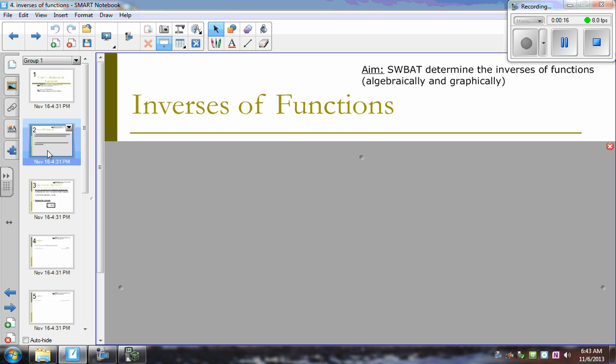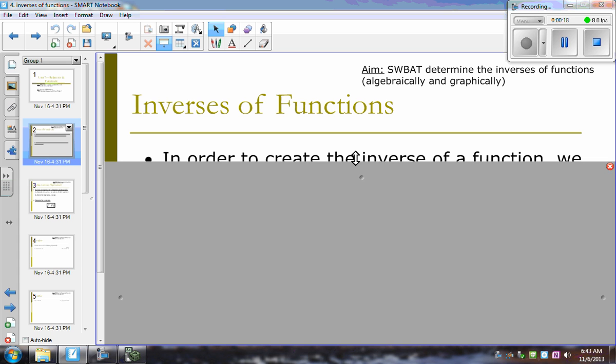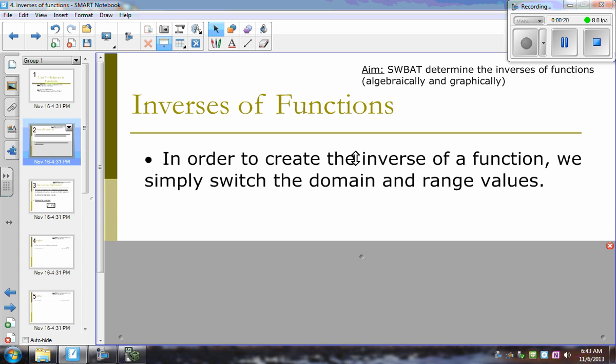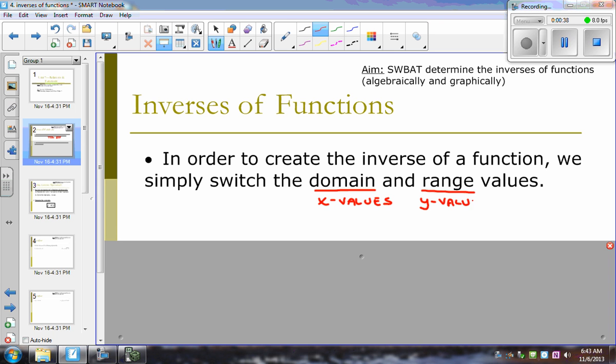But before we do, we want to talk a little bit about what we mean by an inverse of a function. In order to create the inverse of a function, very simply, we are going to take the domain values, which as we know are our x's, and simply switch them with all the range values, aka our y values. All right, so simple enough. We're going to take x and y and literally switch the two